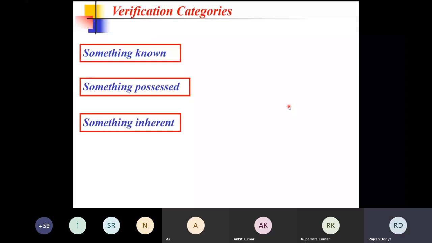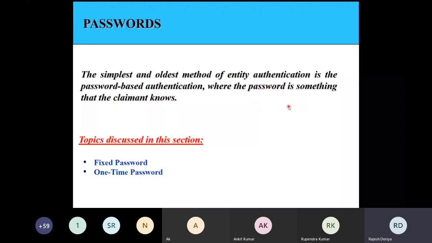Now we are going to discuss three things which are used for authentication. The first thing is password based authentication. The second one is challenge response based authentication, and the third one is the zero knowledge protocol. And all these three we have seen while I was discussing the outlines for this class, right?